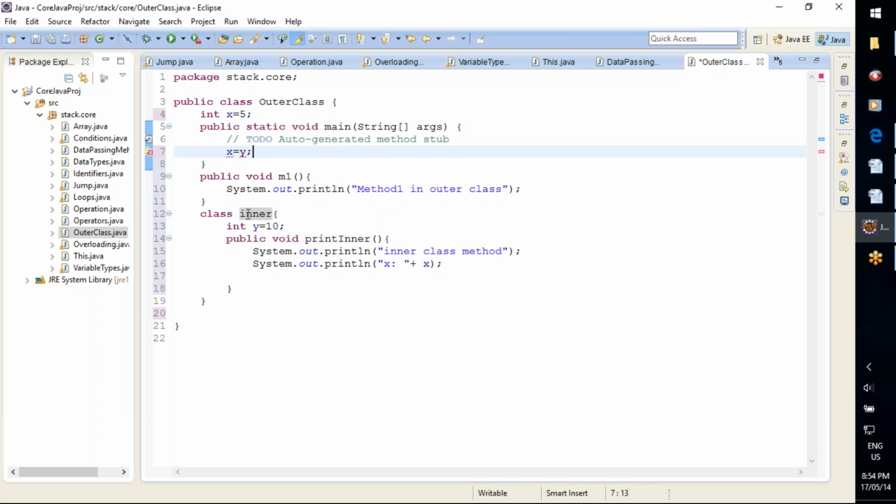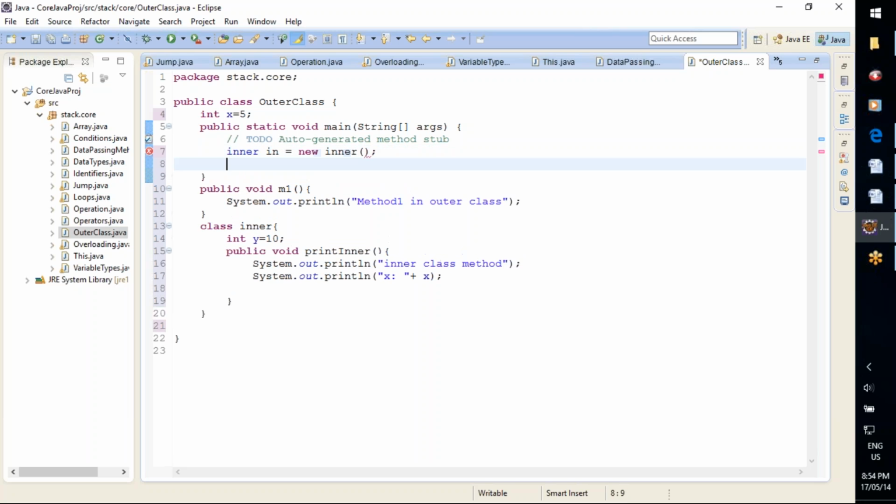But how can we access the inner class members if we want to? By creating an instance object. That means we have to create an object instance for this inner class in the outer class, like this: inner in is equal to new inner. So now by using this inner class object,